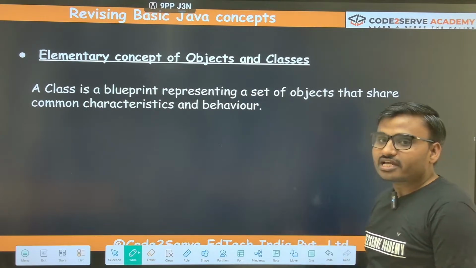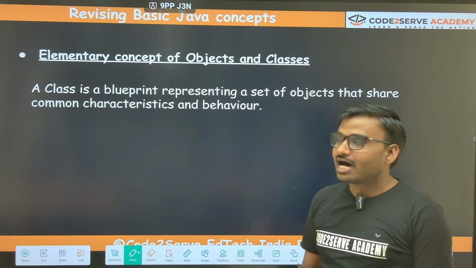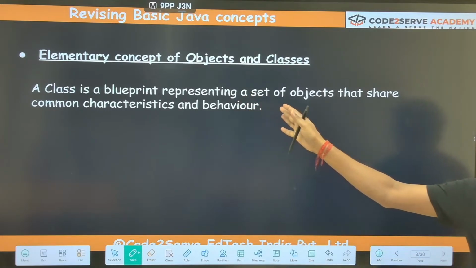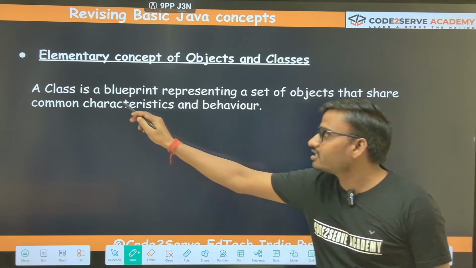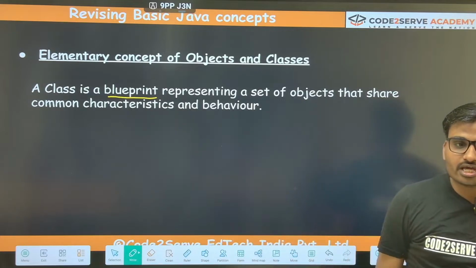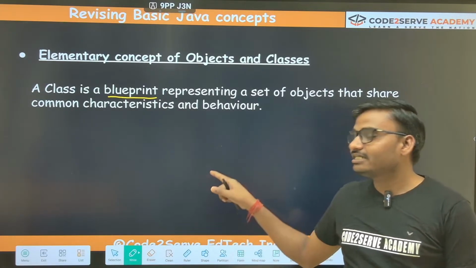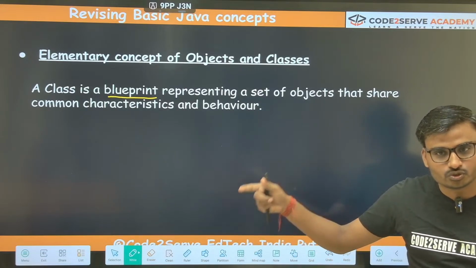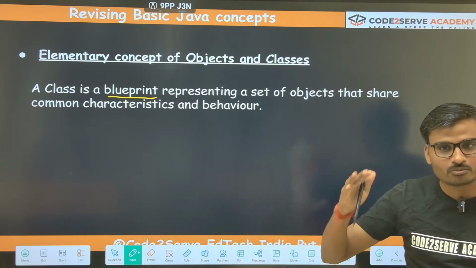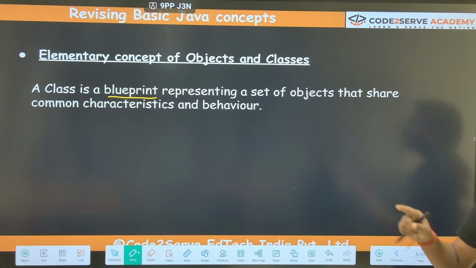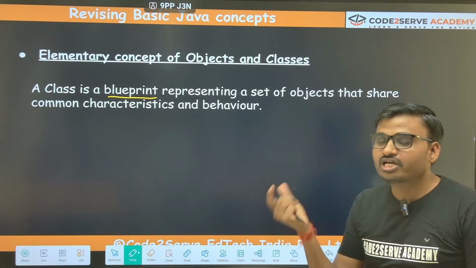Now next is the, what I have already told you, what is a class. So class is basically the blueprint, right? What blueprint is, I have already mentioned. It is the design or the architect that we use for making a building. You can assume it as an example. Got it? So this is basically a blueprint with which we create an object.